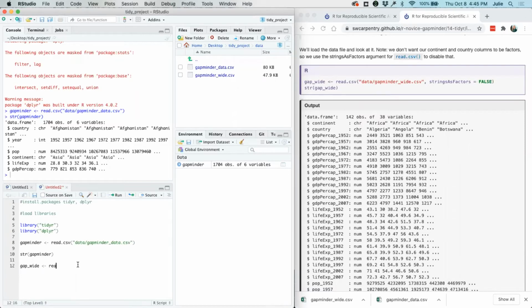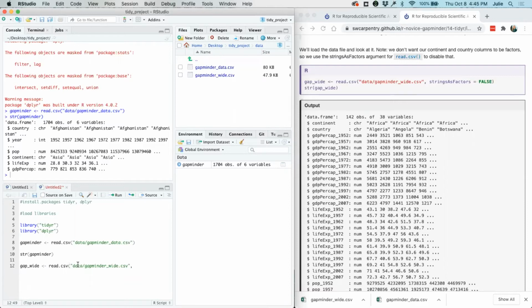And we'll read in our new CSV, so data, and then, oops, make sure we pull in our Gapminder wide. Oh, I forgot my quotes. That's why it wasn't working. So remember our quotes, and then we can type out data and get our two options for the spreadsheet that we have. So we pull in the wide.csv.